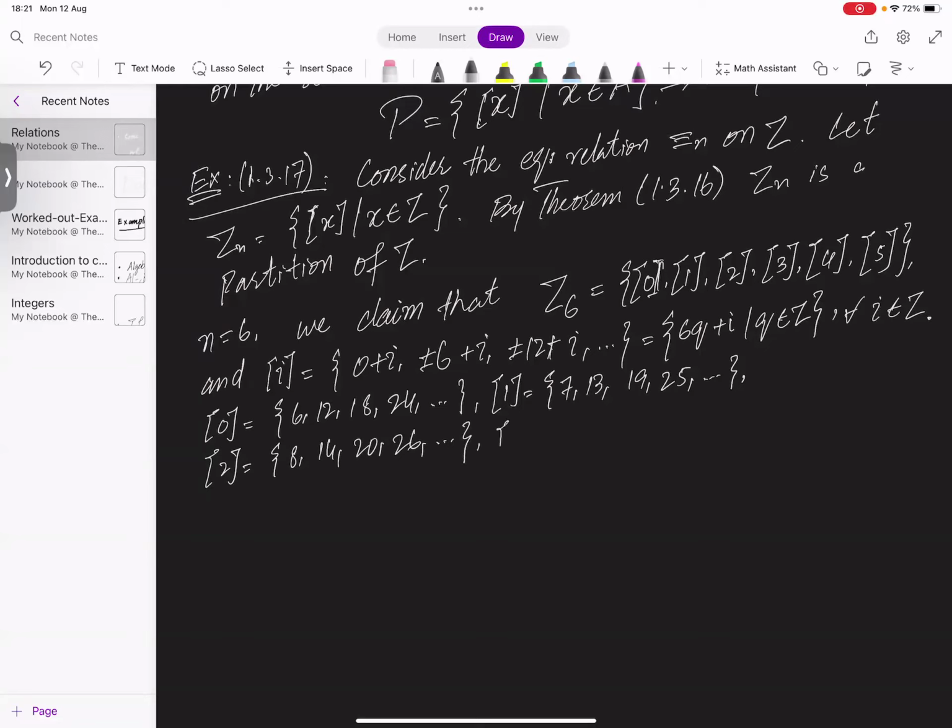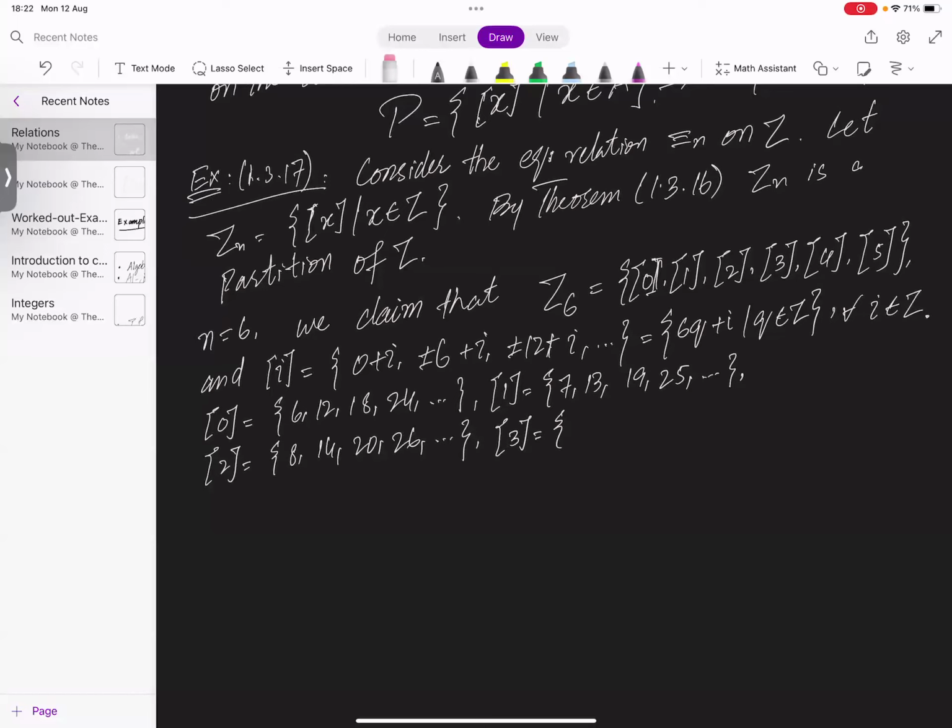And then equivalence class 3 would be like